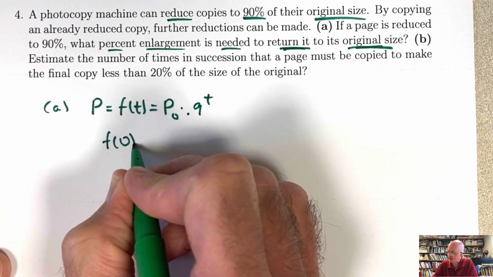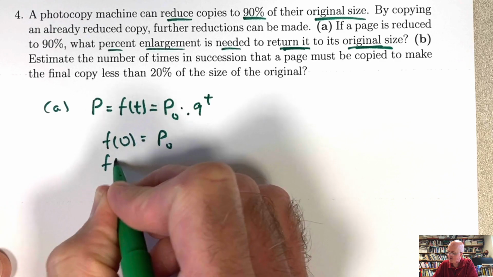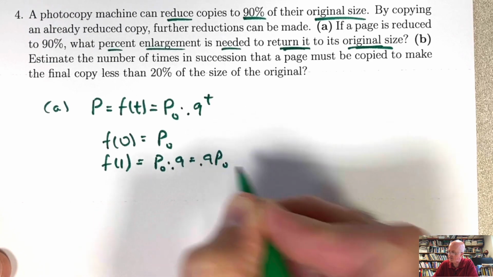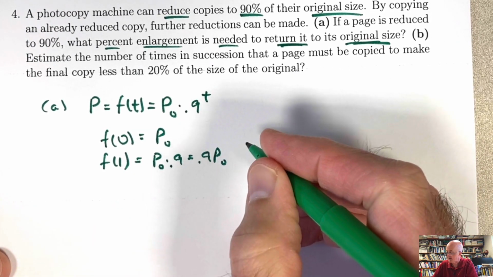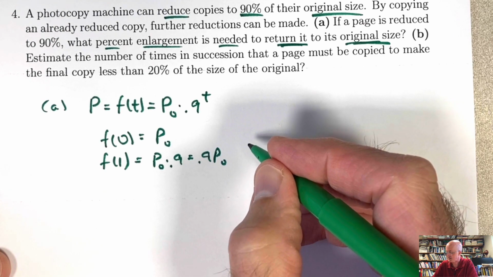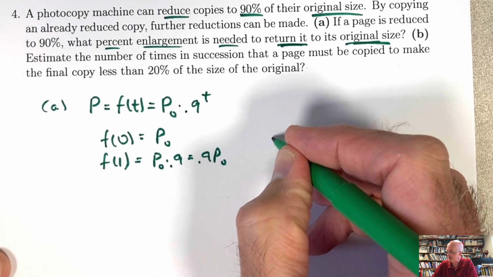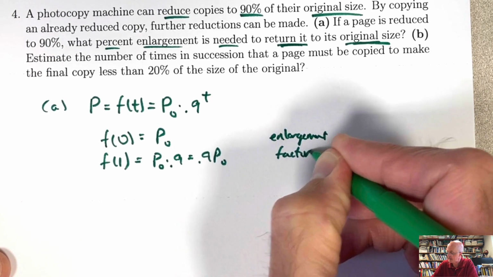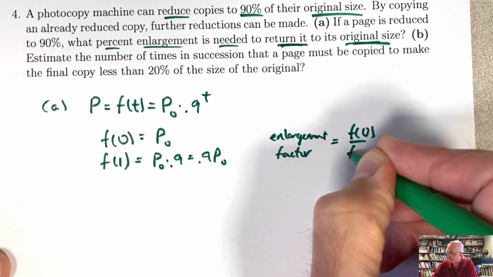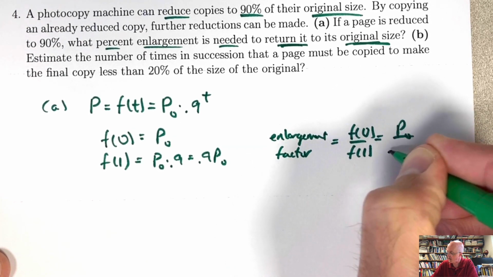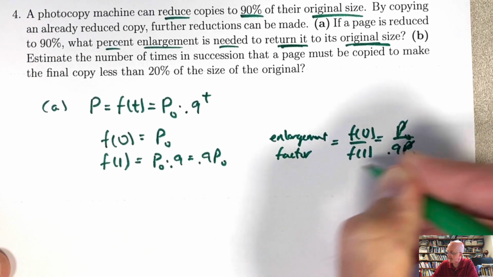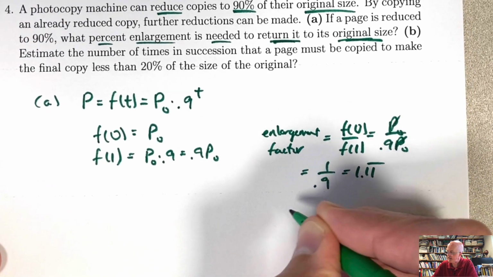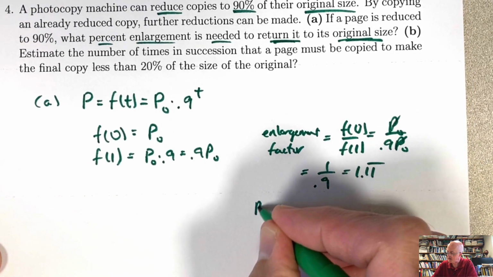So let's see, f of 0 is p sub 0, and f of 1 is p sub 0 times 0.9 p sub 0. What we really have to do is, and I hope this makes sense, the same thing I just suggested to do intuitively, which is to say the enlargement factor is f of 0 divided by f of 1. p0 times 0.9 times p0. The 0.9's cancel. I do 1 minus 1 over 0.9, which is 1.11 repeating, which means the percent enlargement